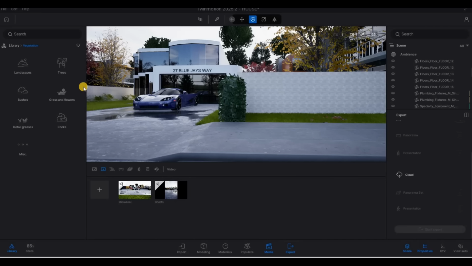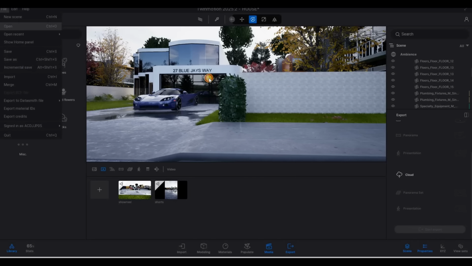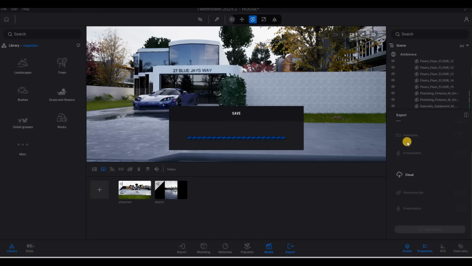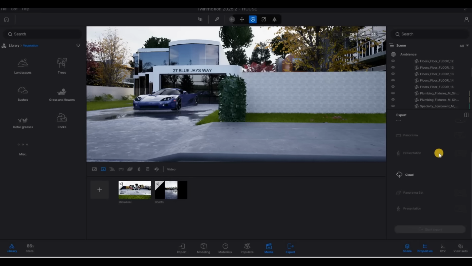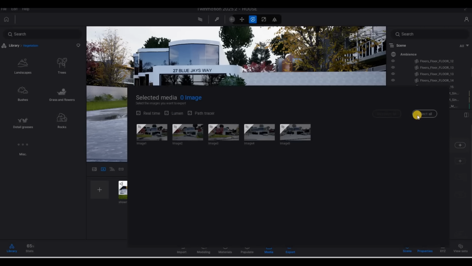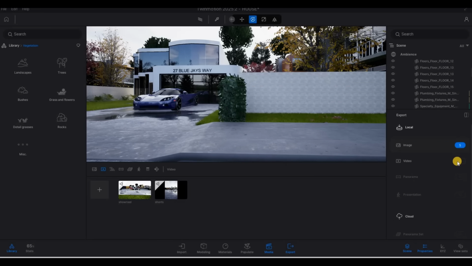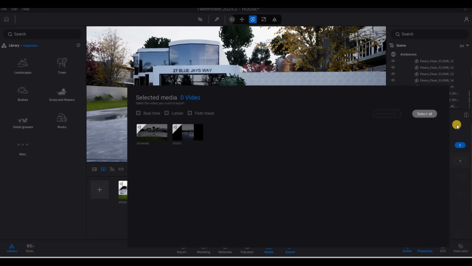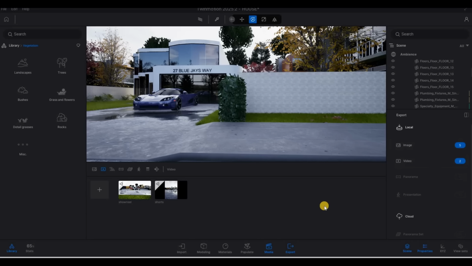We just need to export them. So save it first before you do anything else. There's a big chance of it sometimes crashing, so you might as well save it before you do anything. And then here, just select all, and for the video as well, select all. And then you just need to export it